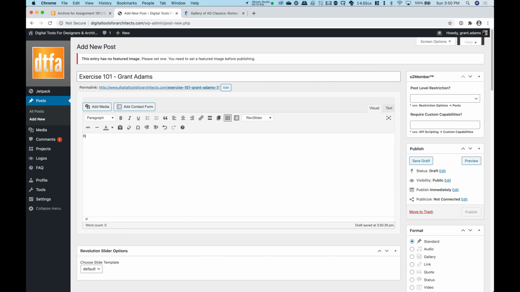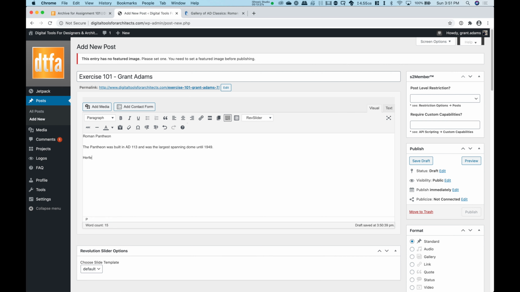So I might say this is the Roman Pantheon, and I might have some brief information about it. So maybe I'll write a quick summary. The Pantheon was built in AD 113, sorry, and was the largest spanning dome until, I think, 1949. Anyway, my history might be a little bit off, so is my spelling. There it is, and I might continue with a little bit more information about it.